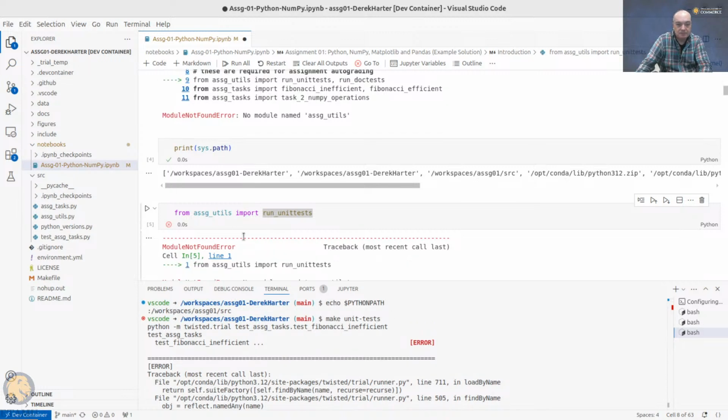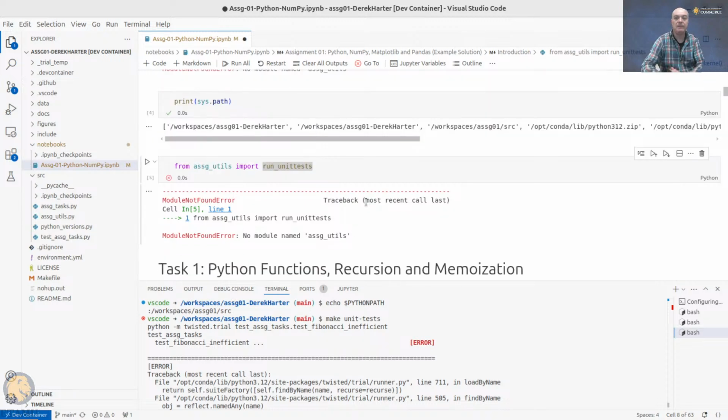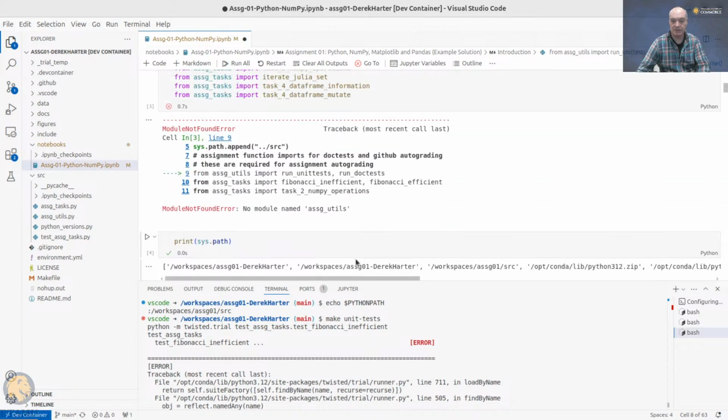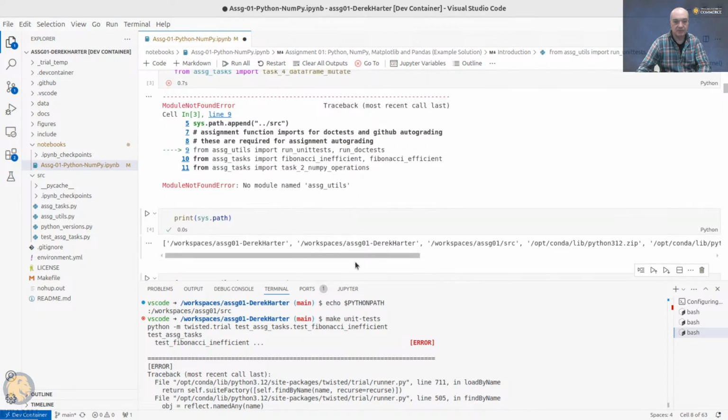Okay, almost not using port run new test. Why can't I find the module here? We seem to be in the right environment. So let's try another notebook. So well, we've always got, oh yeah, I thought we were running that usually, but